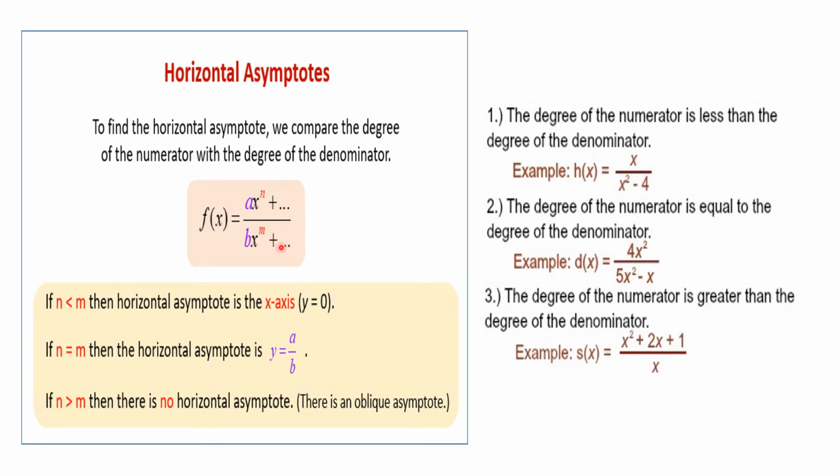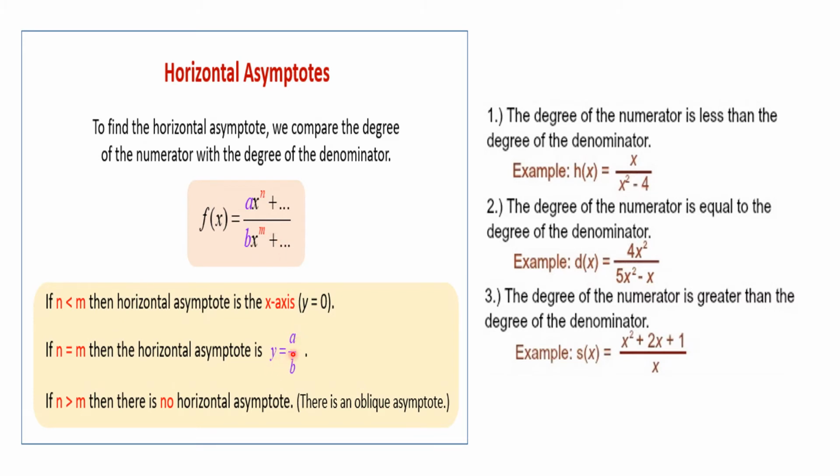So again, kung mas dako gani ang degree sa exponent sa aton denominator compare sa numerator, ang aton nga horizontal asymptote is always y equals 0. So if n equals m, then the horizontal asymptote is y equals a over b. Again, kung parihas ang degree or ang value ka-exponent sa numerator and denominator, kung parehas lang, ang aton yung horizontal